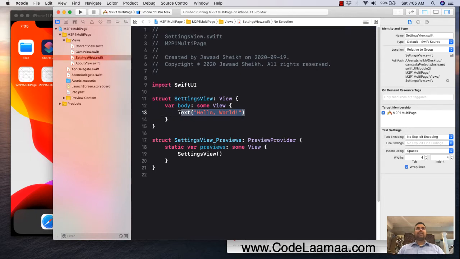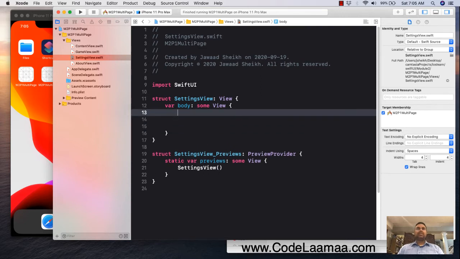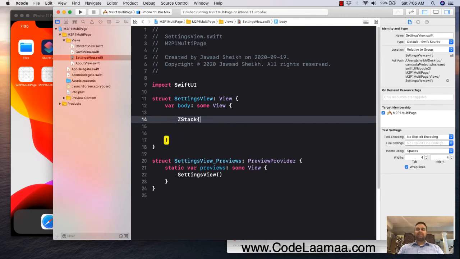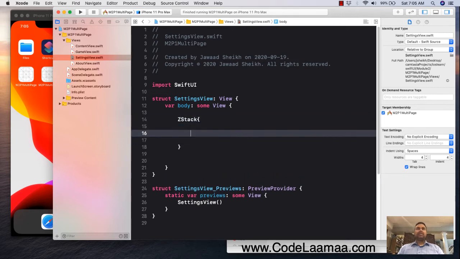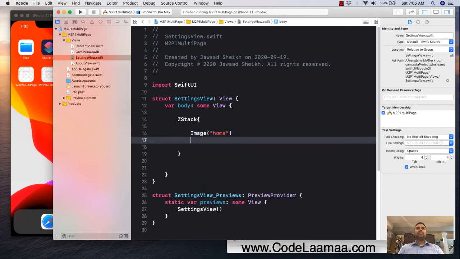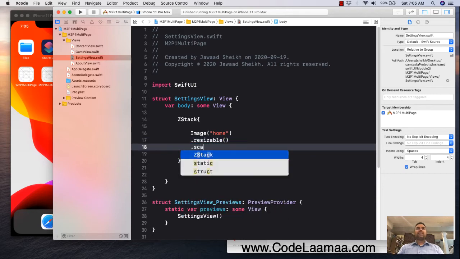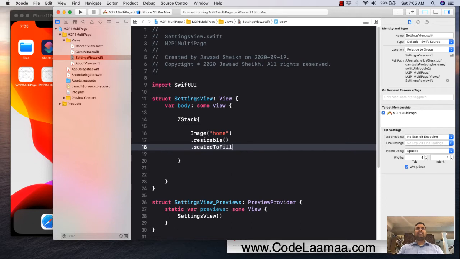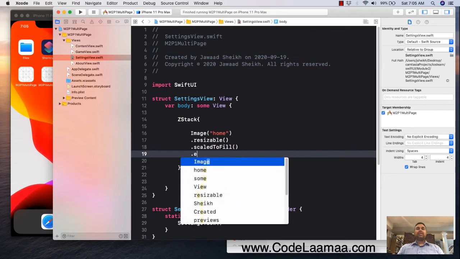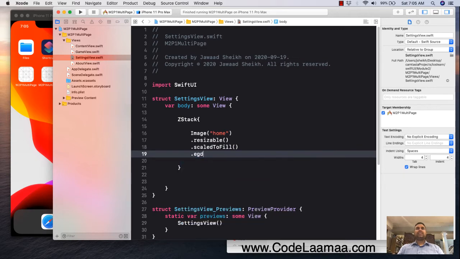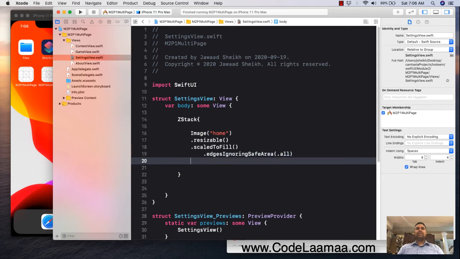All right, so I'm going to remove this text, use another Z stack, and say image, again home, dot resizable, dot scale to fill, dot edges, ignoring safe area for dot all, and dot opacity